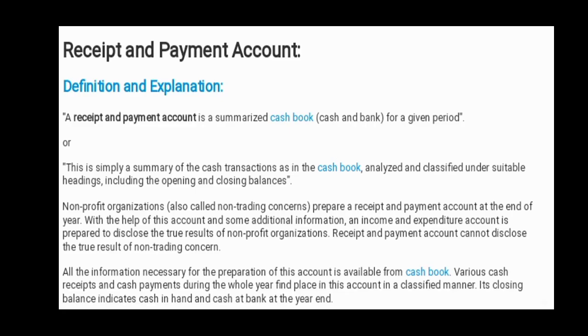So now first, the receipt and payment account. The receipt and payment account is a summary of the cash book, prepared according to the cash book. It is a real account. This is simply a summary of the cash transactions, as in cash and bank. Non-cash transactions will not be shown here. So all cash transactions, of revenue nature or capital nature, we must show in the receipt and payment account.